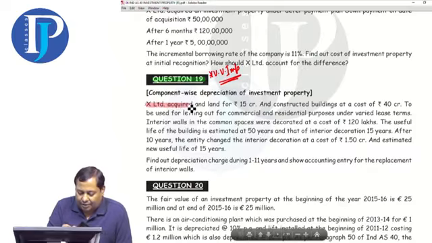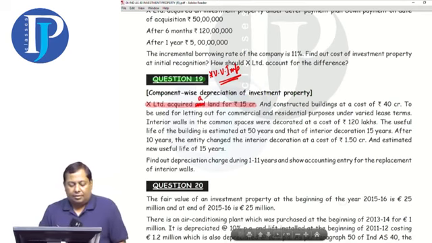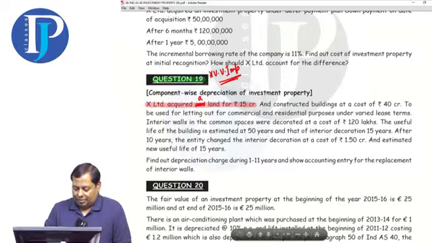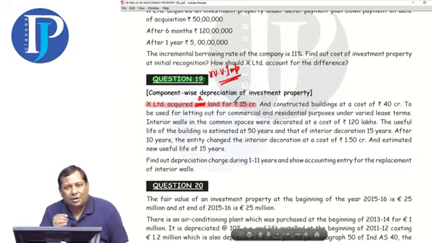X Limited acquired a land for 15 crore. Here it's not "and it's A." X Limited acquired a land. X company has bought a piece of land for 15 crore